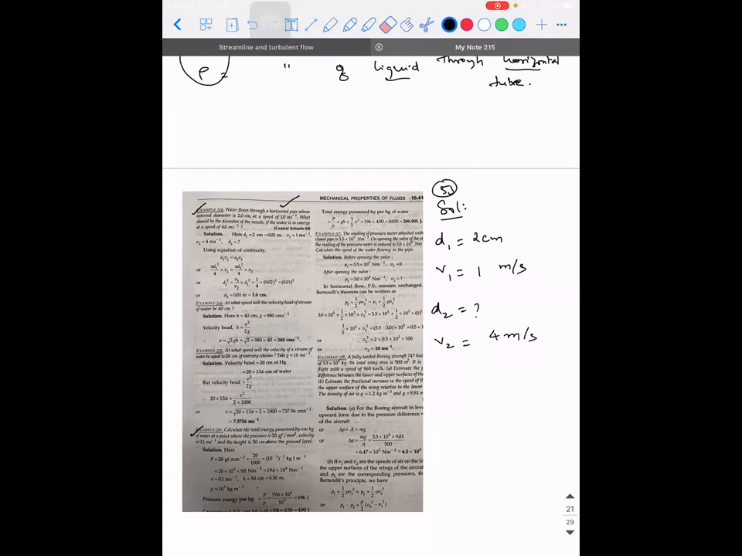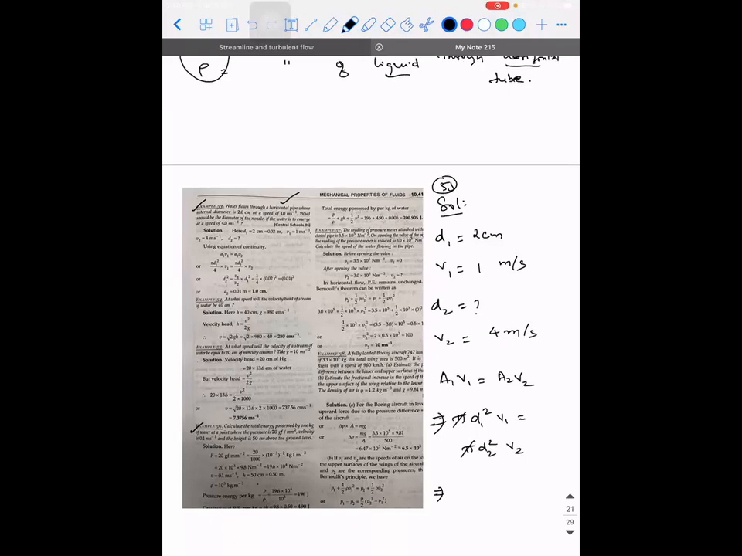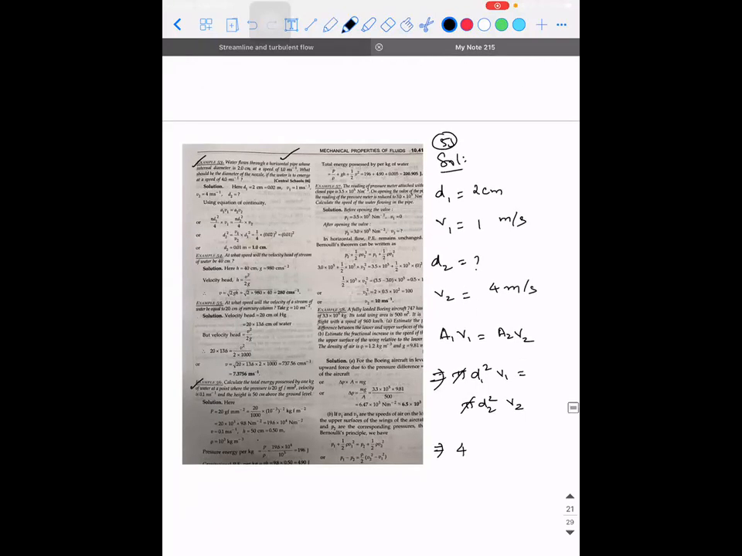So what does the equation of continuity tell us? Area of cross section is inversely proportional to the speed of the liquid. So you can write A1 V1 is equal to A2 V2. Pi D1 square into V1 is equal to pi D2 square into V2. Pi and pi will get cancelled. What is D1 square? 4 into V1, which is 1, is equal to